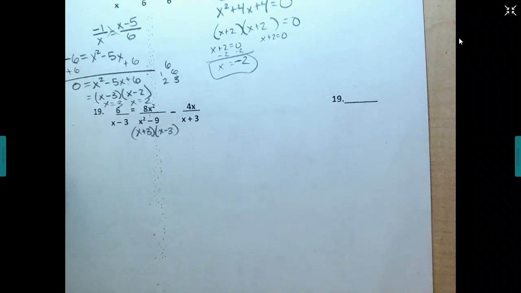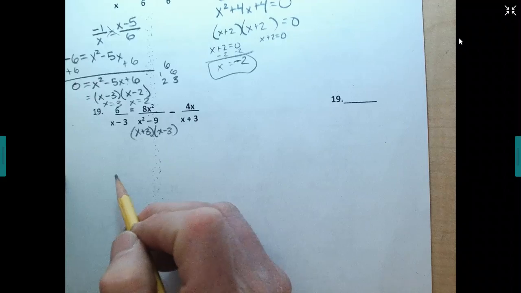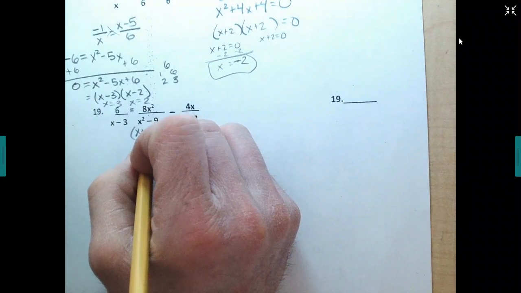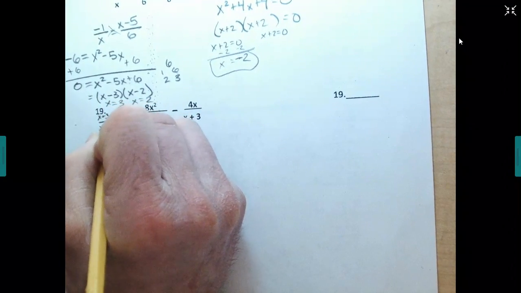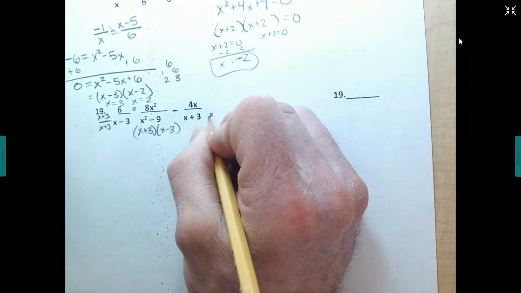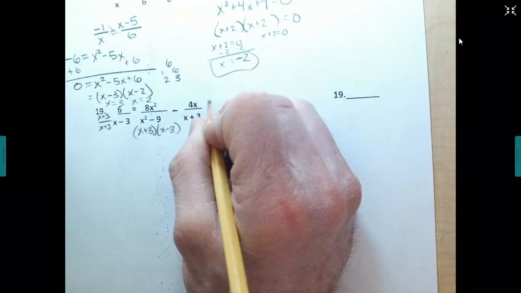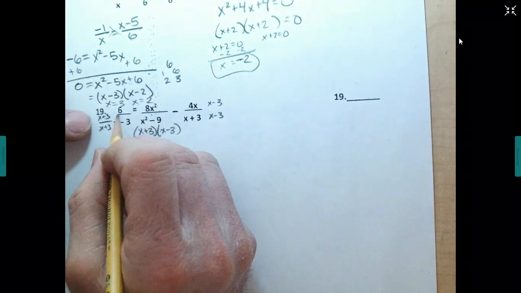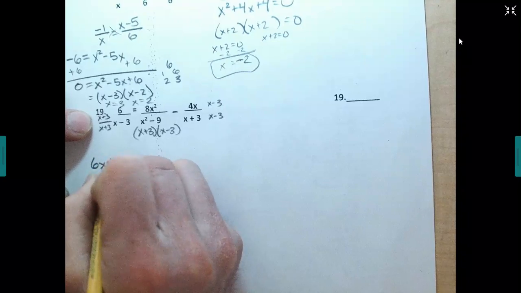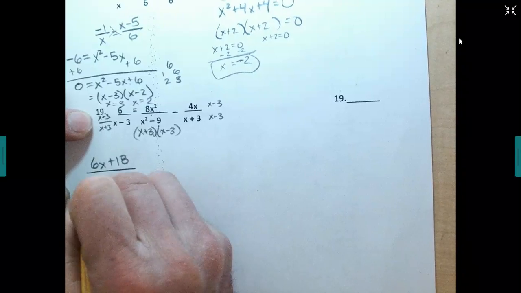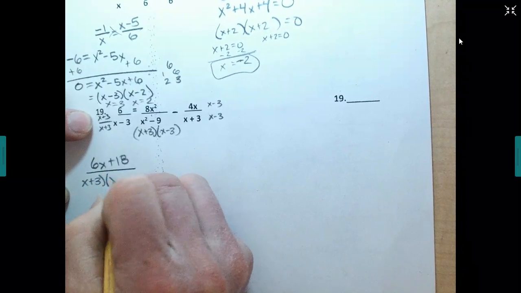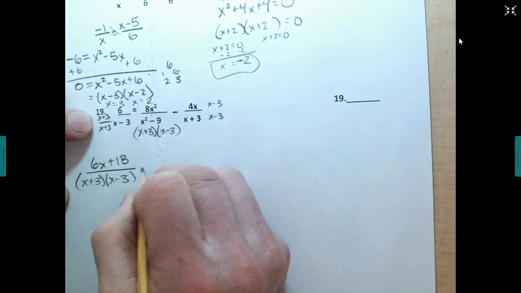And then we could just do away with it since it's an equals. So this needs an x plus 3. And this needs an x minus 3. All right, so 6x plus 18 equals